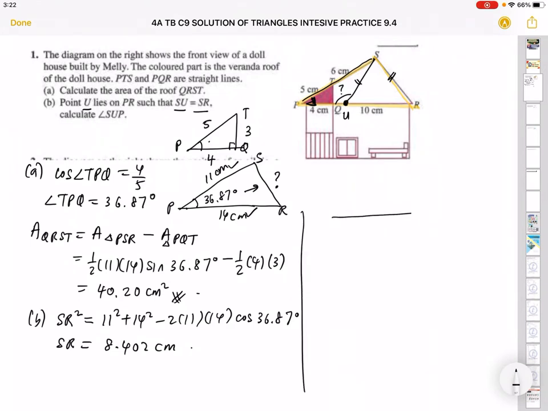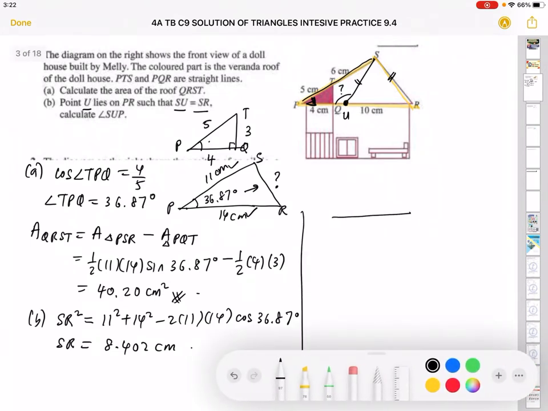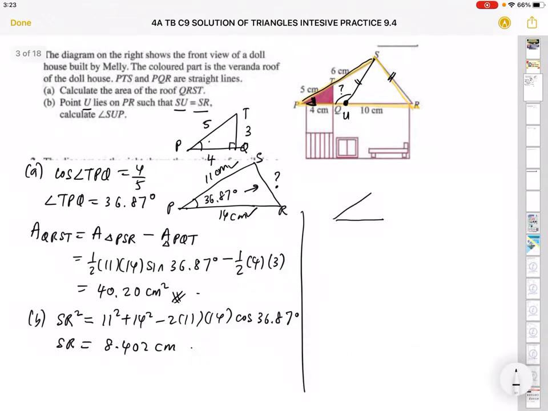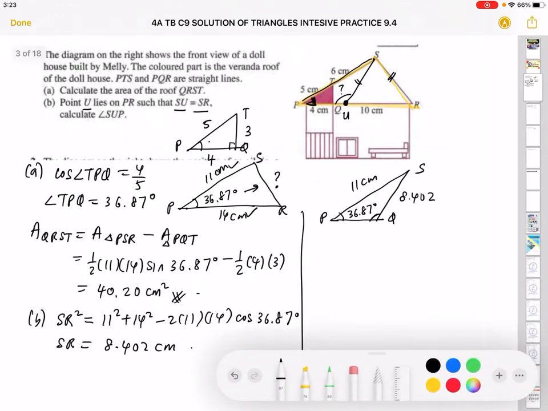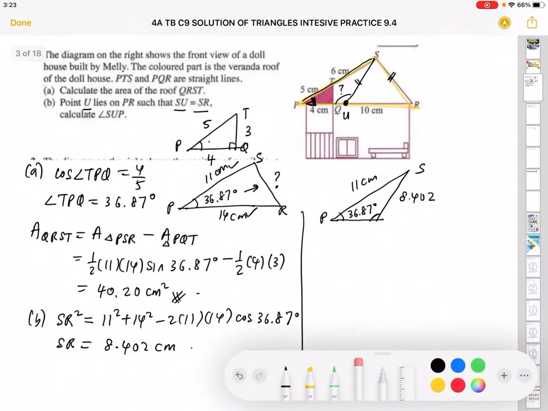Now once you know this is 8.402, I'm going to continue over here. I'm going to draw a second triangle for you, not so long. This is PQS. This is now 11. This is QS, and QS is the same as SR, which is 8.402. And this angle is also 36.87. To find PUS, sorry, I said it wrongly,